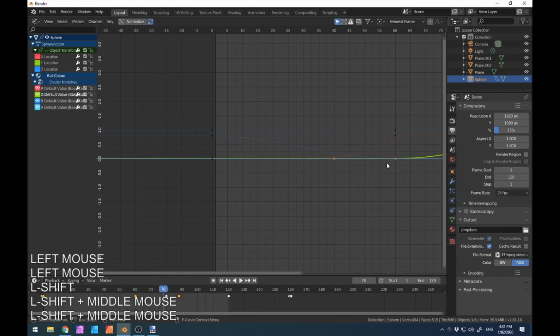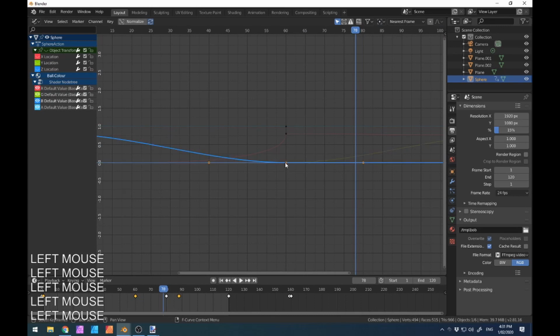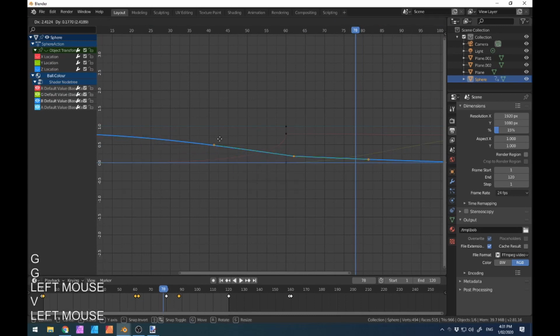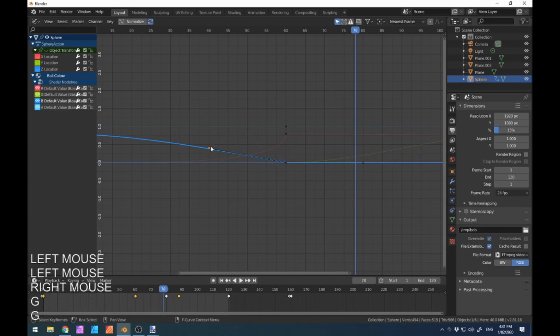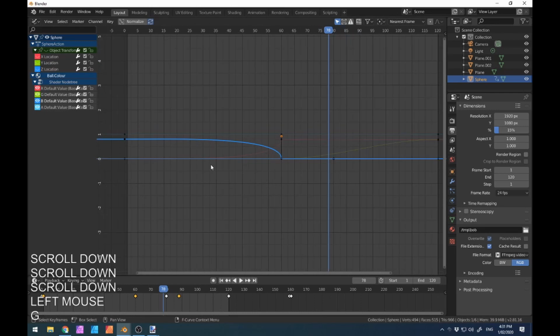And I'll select that one. Is that green or blue? Oh, it's green. All right, so can I get blue? Yes, blue. Vectorize that one, and then just grab that little point there and swing that up. So what I'm trying to do here is keep it blue for most of that animation cycle, and then snap to